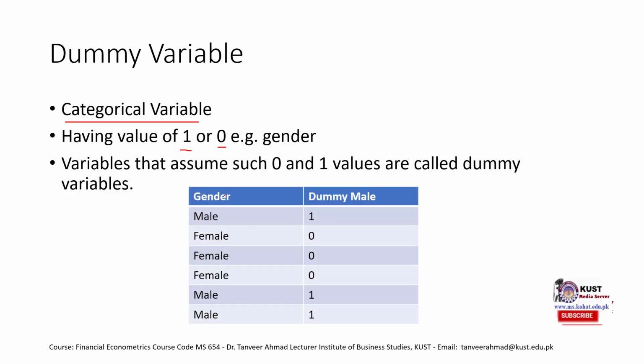In this example, let's say I have a series with the gender of an individual that I have included in my data. Let's say I'm assigning a value of 1 to male and a value of 0 to female. So my dummy variable would look like this, and we call it a dummy of male. Normally, dummy of male would mean that male is given the digit 1.